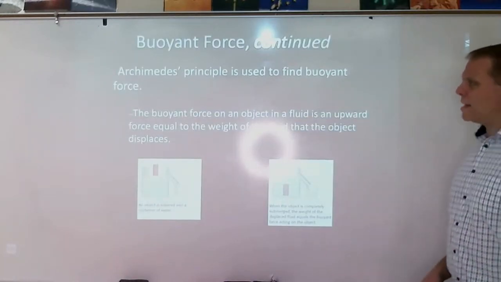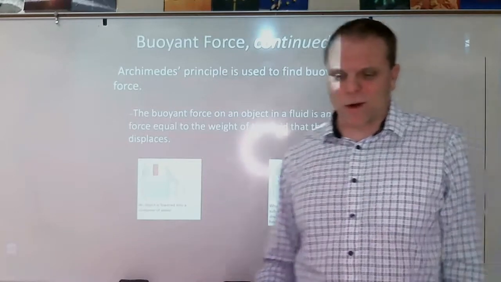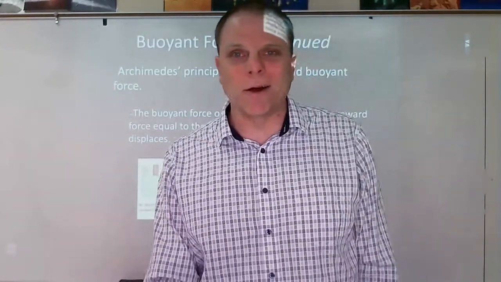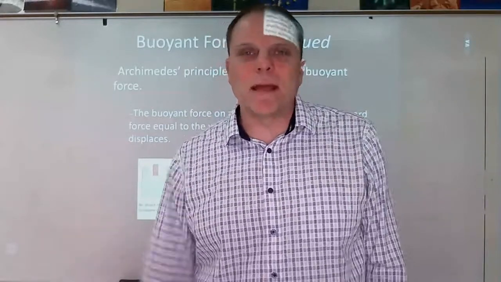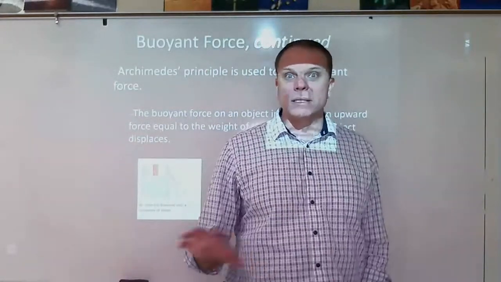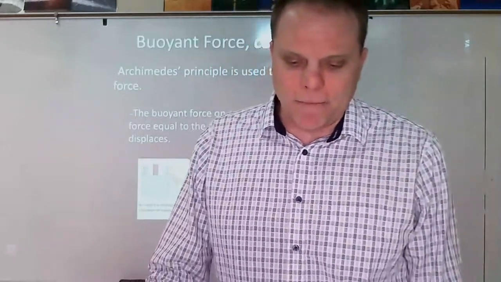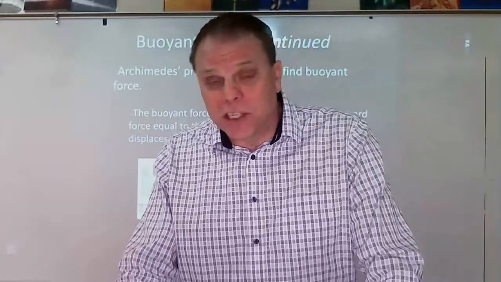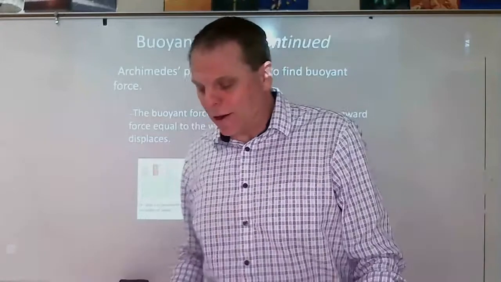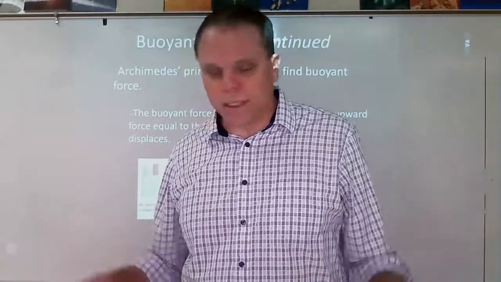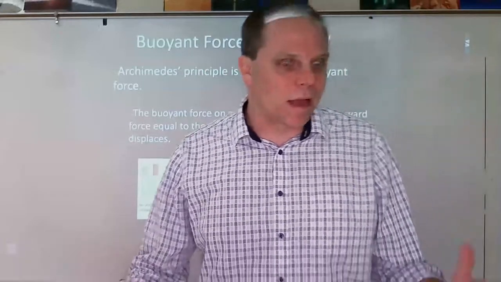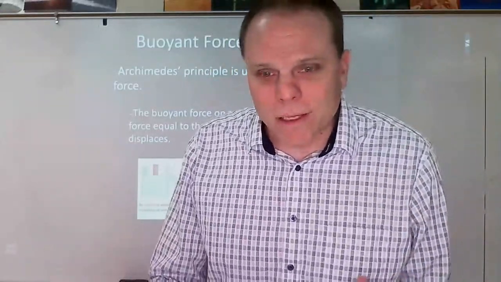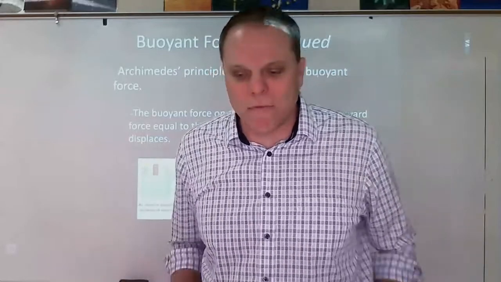Now, Archimedes was the guy that kind of came up with this, and there's an interesting story where he was supposed to figure out whether or not this guy that had made the crown had cheated him and put something besides just gold in there. He was trying to figure out what the experiment was. And the legend goes that he was sitting in his bathtub, got into this bathtub and noticed that the water level rose. At that point he was like, oh, I know how to do this. I know how to figure out if this king's crown is all gold or if it's got some other stuff in it. And so he jumped out of the tub and screamed Eureka and ran naked through the streets,